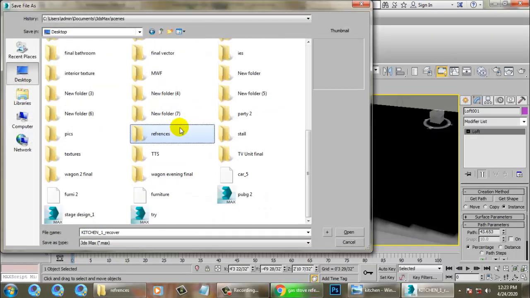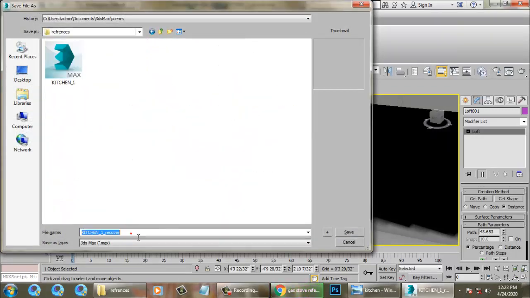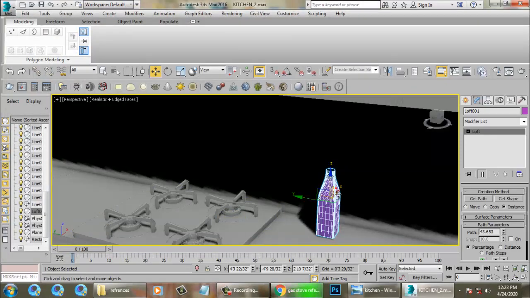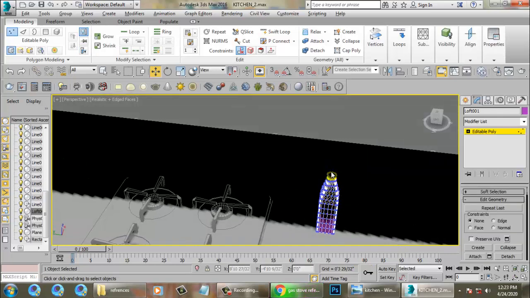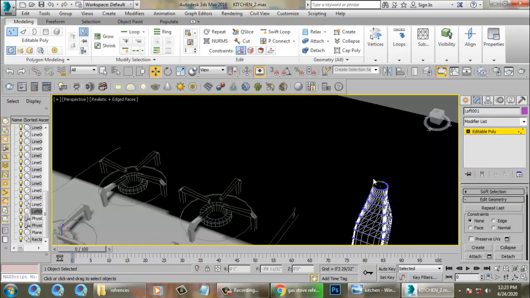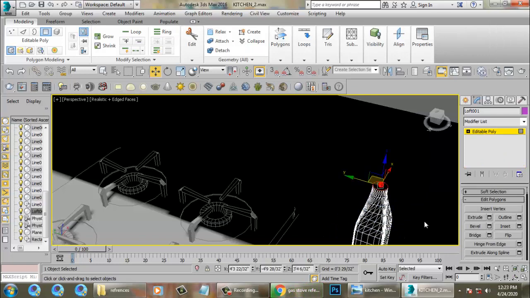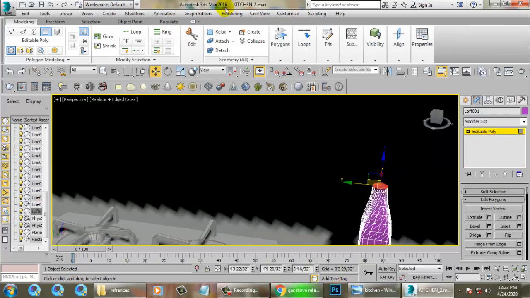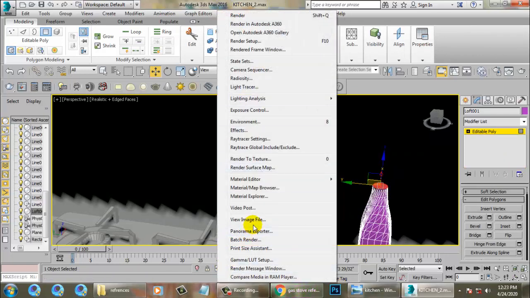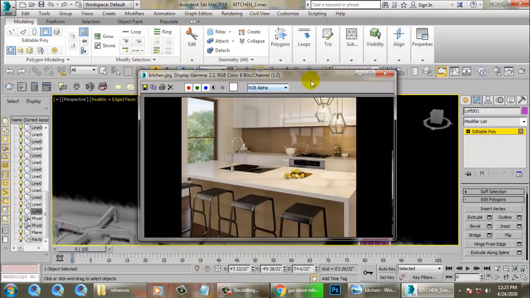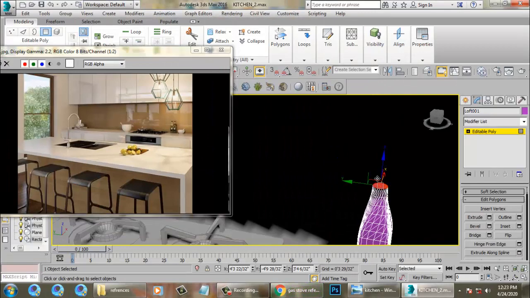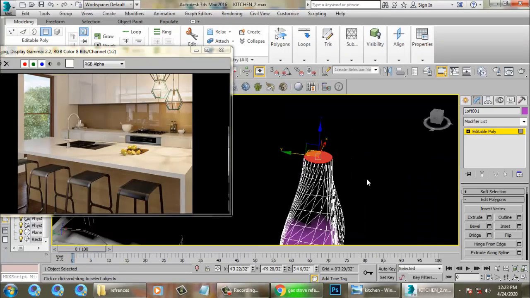Or instead of copy, what you can do is you can just take an instance of the light. So if you take an instance, whatever changes you make for one light, it's going to work for all other lights. So once you're done with this, over here, let's render it. I think this looks much better now.